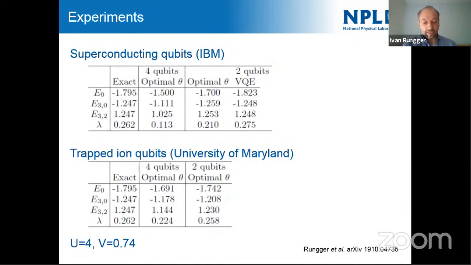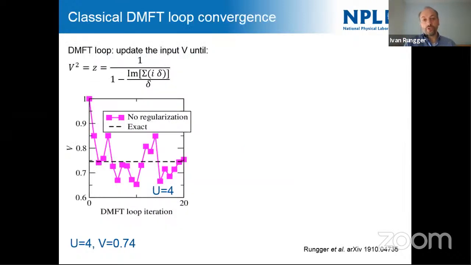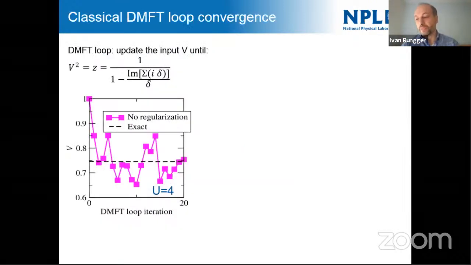But this is not the end. As I said, if you want to do the full DMFT loop, this is the Anderson impurity model, that's a single impurity. But actually, these numbers come from a Bethe lattice, which is a periodic system. So there's a self-consistency condition, which was the next step that we needed to solve. And the self-consistency condition is shown here.